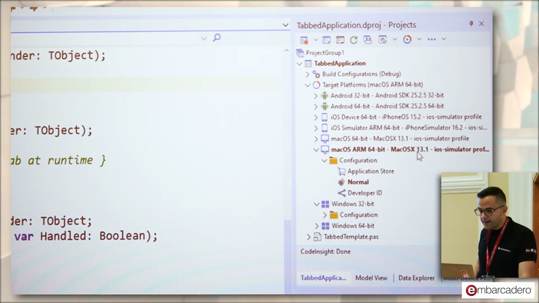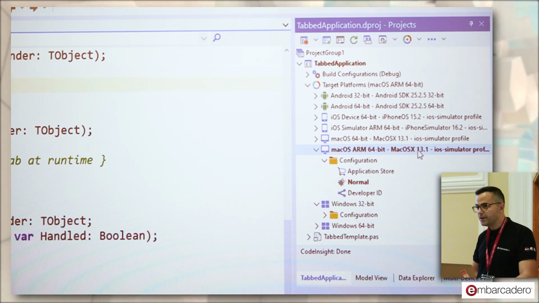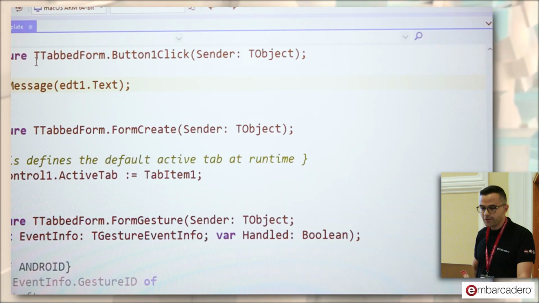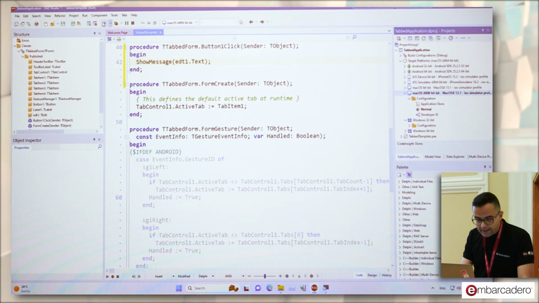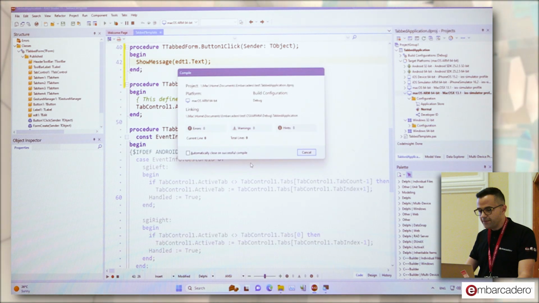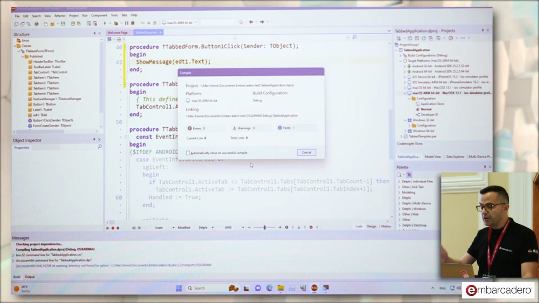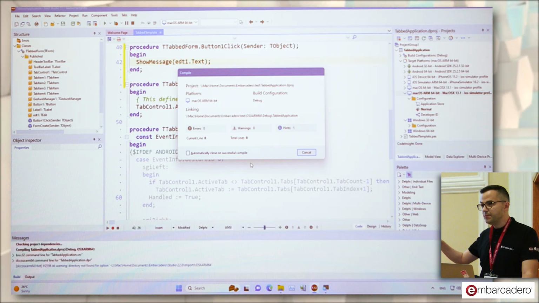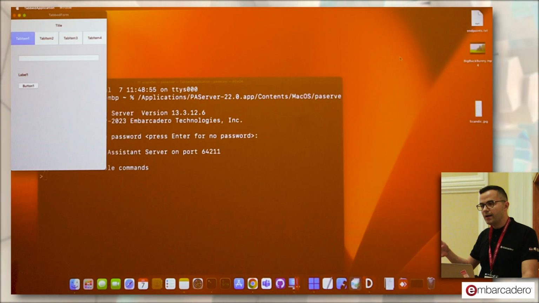And as you can see here, I already have my macOS configuration because I configured it in the platforms, so I don't need to do it every time. So now if I click compile, it's going to take a few extra seconds compared with Windows, obviously, because we're sending it. You could have this on a remote machine because it connects through an API, so through an IP.